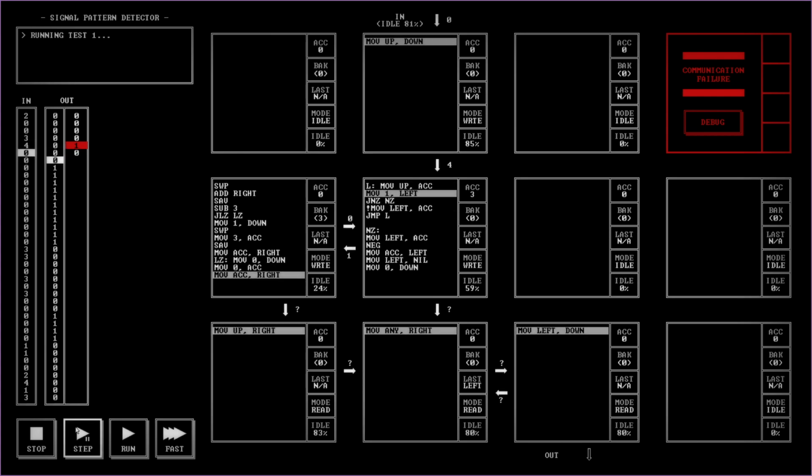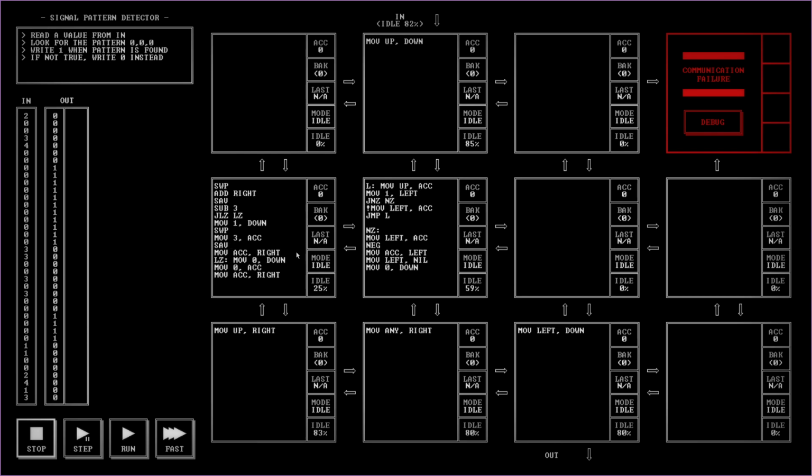It's gonna deadlock, yeah. I assume we want to go here. And also we want